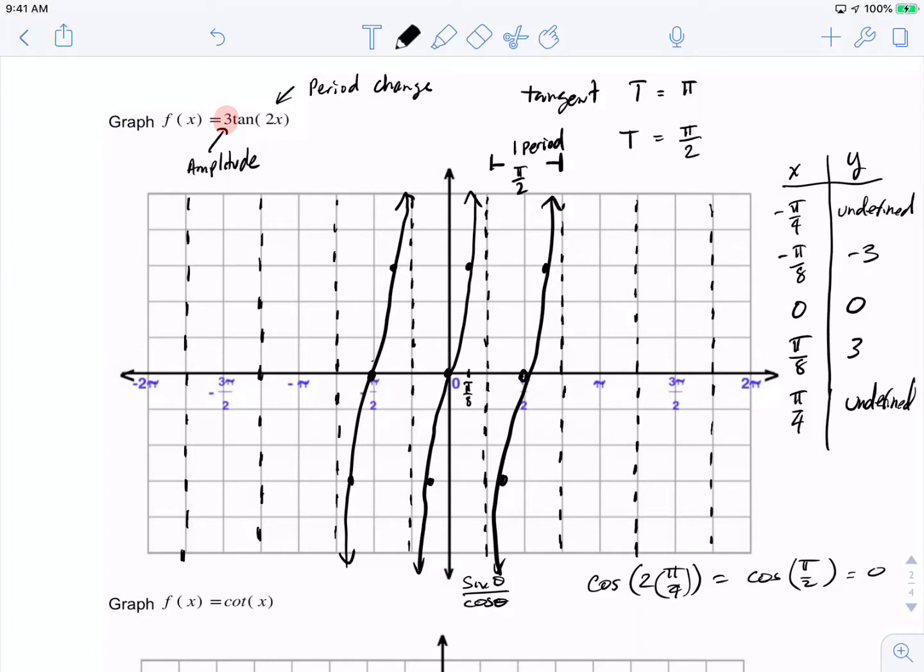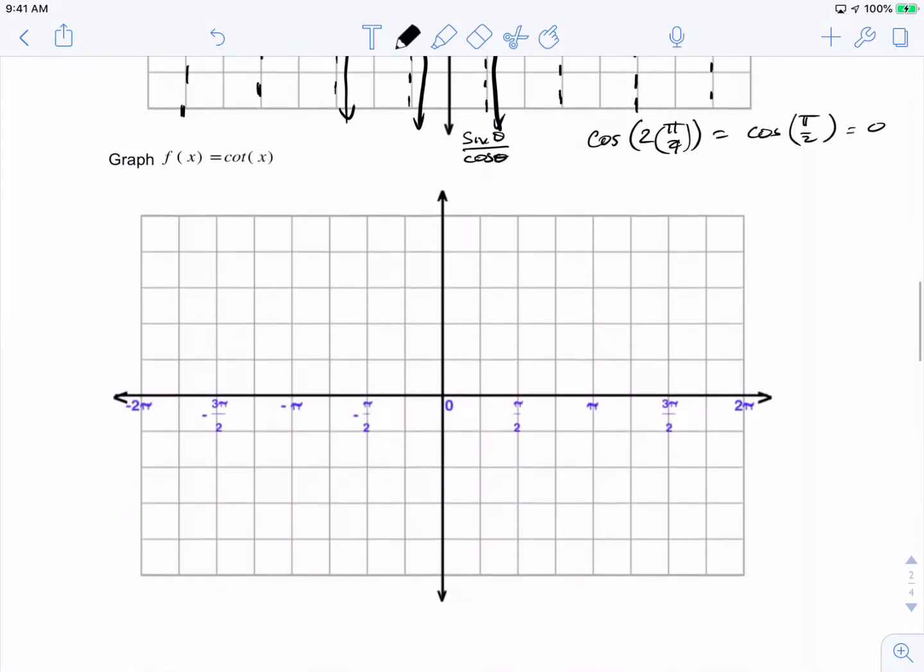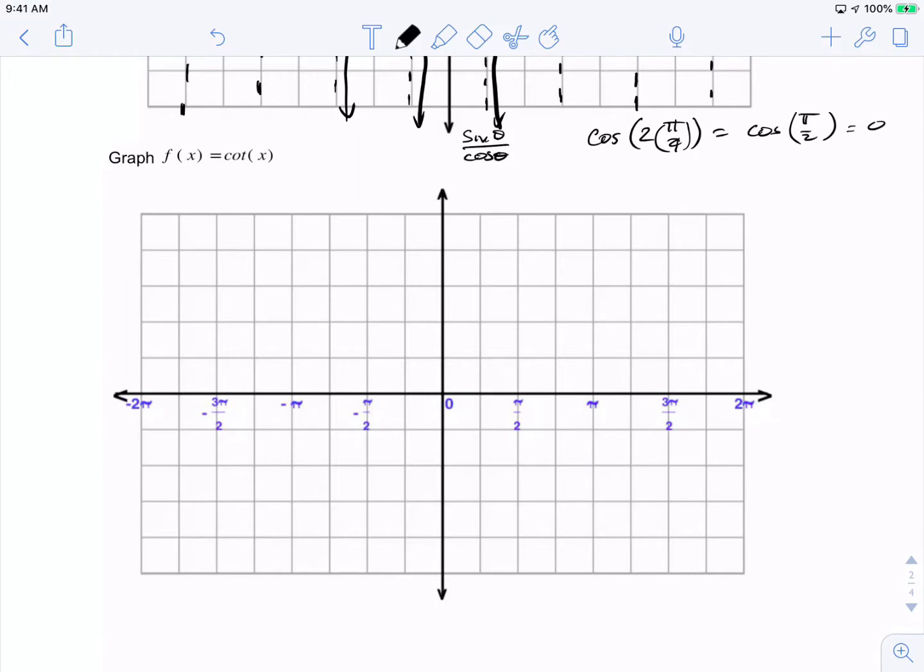Okay. Let's go on to cotangent so you guys can see the difference between tangent and cotangent. Now, one thing we need to remember about cotangent is that cotangent is going to be cosine of x over sine of x. So now all of our vertical asymptotes are going to be where sine of x is 0. And so sine of x is 0 at pi, at 2 pi,